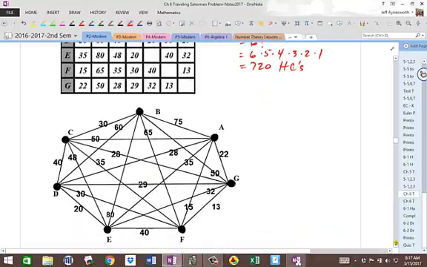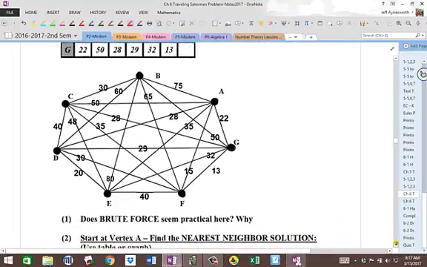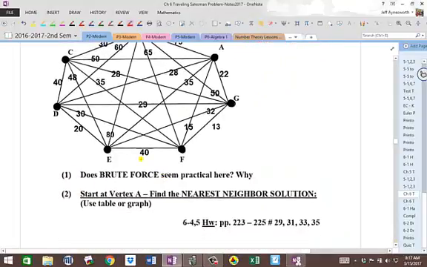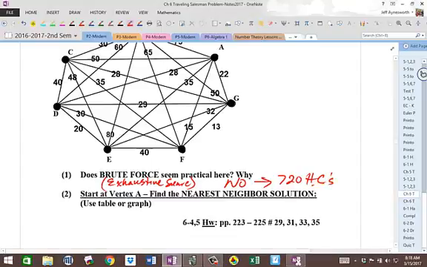So what we're going to do here is first understand this. Does brute force, or the exhaustive search, make sense? Is it practical? Okay. And I'm going to say no. Why? Because there's 720 Hamilton circuits here, and we're not going to do that. So what we're going to do is something a little bit more efficient. We're going to start at vertex A, and we're going to use nearest neighbor